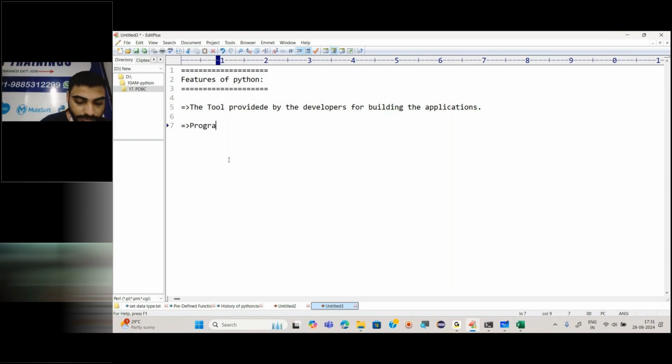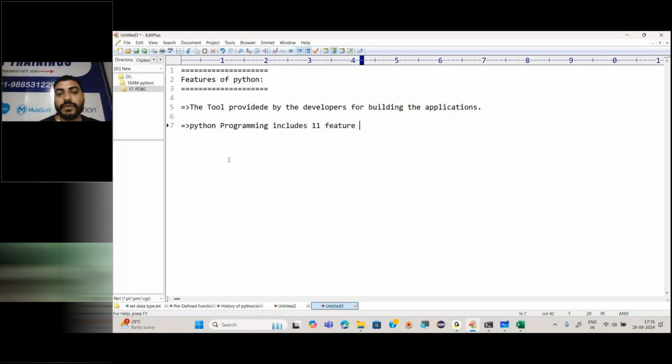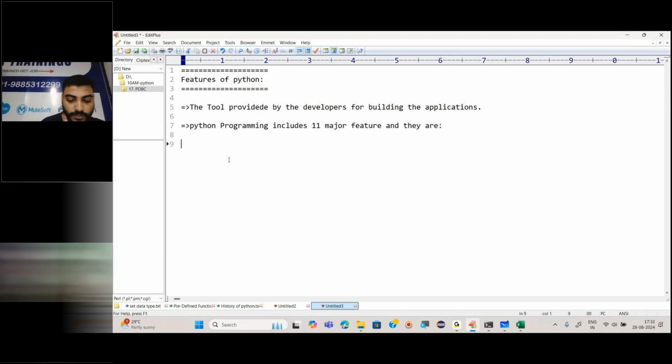Python programming includes 11 major features, and I'll start them one by one.